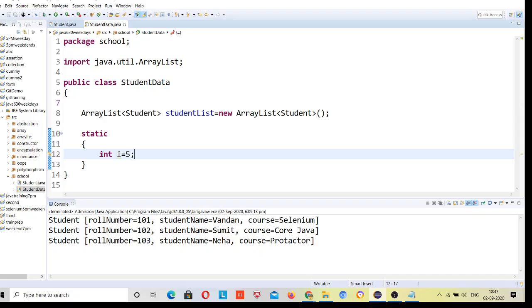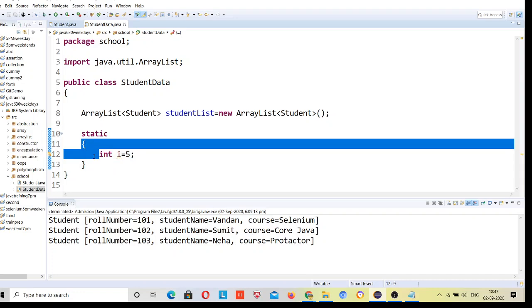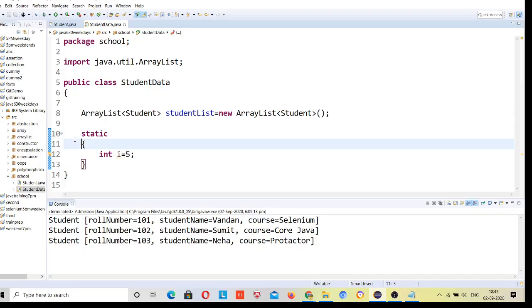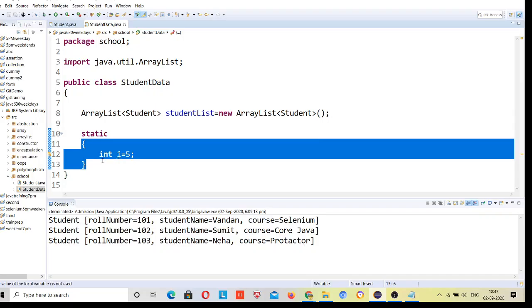So you can do it like this also, i equal to 5, but there is a problem: the scope remains inside this static block only, we cannot use it globally. So once a faculty member logs in to view all the students, they will not be able to see all the students because the scope is limited. This is not visible to the whole project.